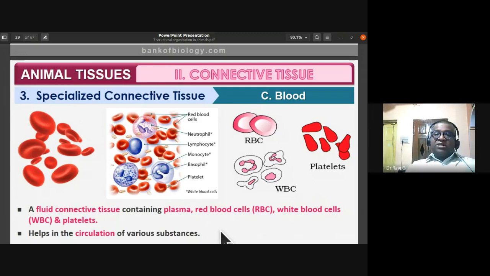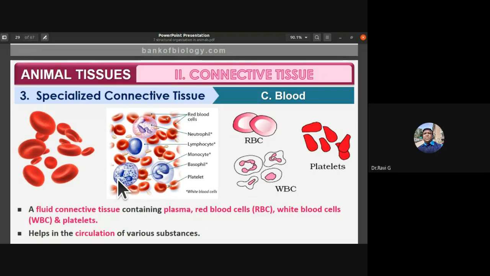Why do they call it the river of life? It is a vascular tissue. The exchange of respiratory gases between the cells and the blood takes place, so blood carries the respiratory gases to each and every cell of our body. It carries the nutrients also. That is why we call blood the river of life. Not only does it bring about the exchange of respiratory gases, blood also helps in carrying nutrients to each and every part of the body. That is the role of blood.